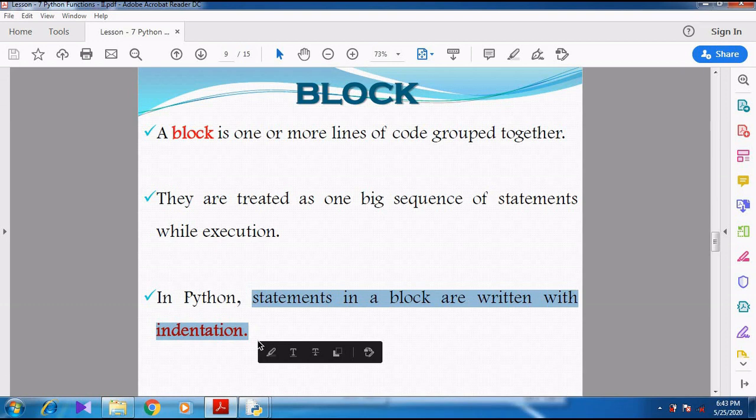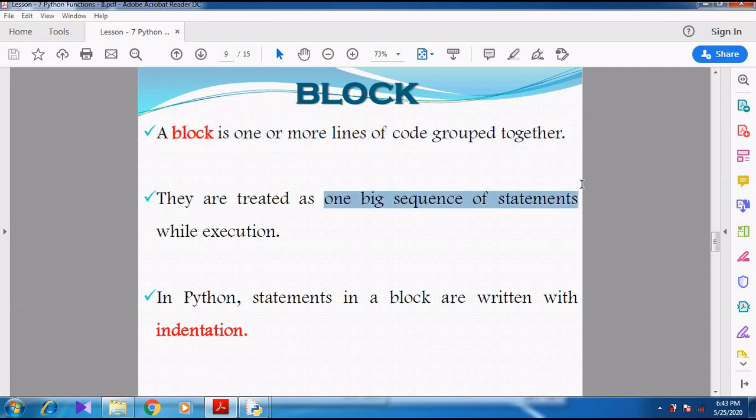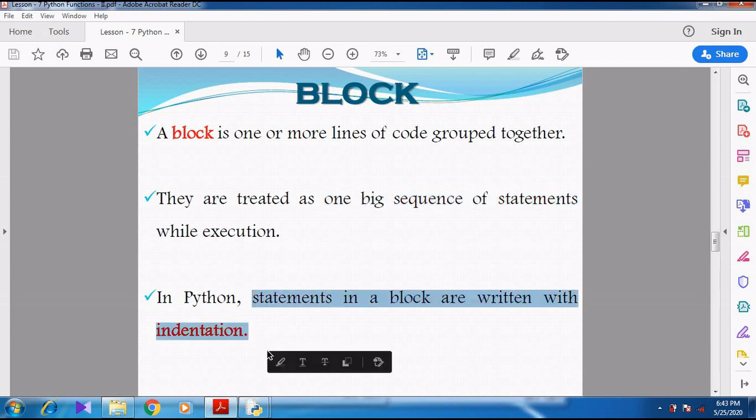Indentation error will occur. So block means a set of one or more lines of code grouped together. Whenever it is executed, it is treated as one big sequence of statements. All those statements in a block must be indented.